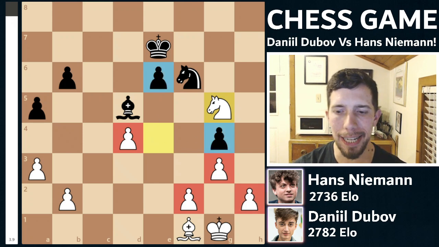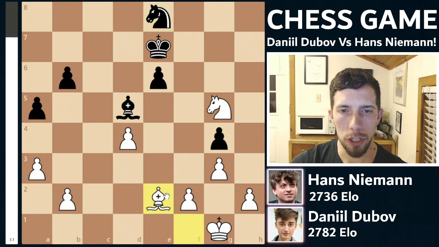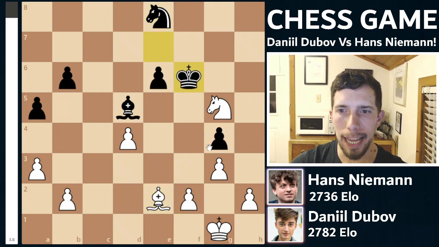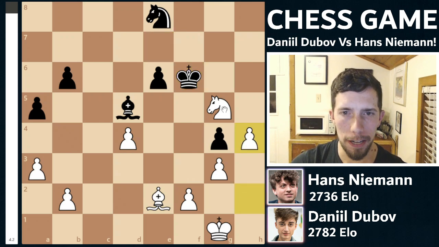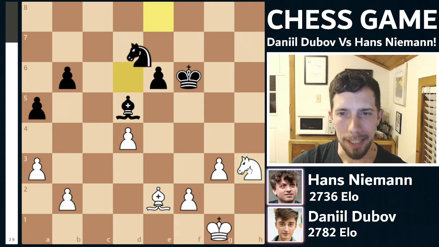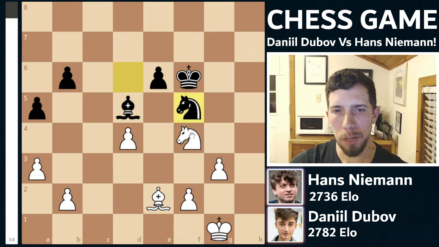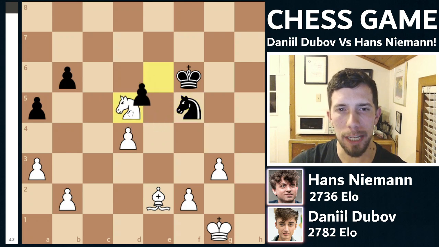All right, now we have knight to e8. The knight drops back, bishop e2, pressures the pawn on g4, and then king to f6. Now we have h4, defends the knight, g takes h3, wins the pawn and attacks the knight again, and knight takes. Now knight d6, knight f4, knight f5, and here the Russian Grandmaster simply trades on d5, entering a completely